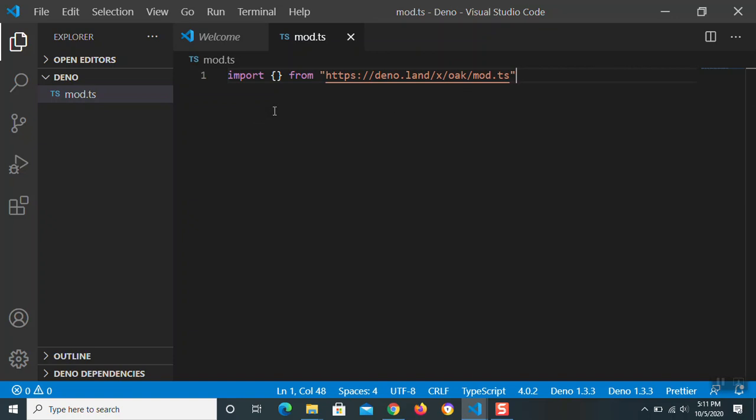Remember, our import is just an URL, so it's up to the server behind that URL. In this case, you know the Dino.land website what to send back to us. So I'll take it here, and we can see it points to the source code of the latest version of Hawk. By default, it updates to the latest version of the Hawk module. Okay, let's import an application from this.